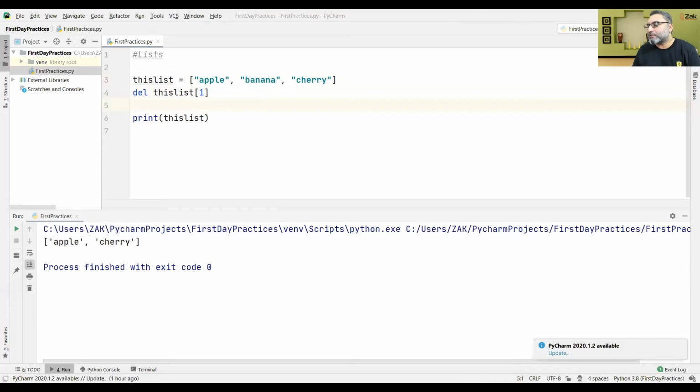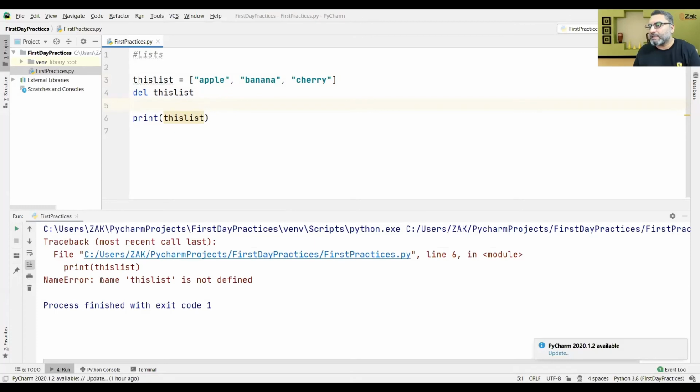If you want to delete the entire list, then you do not need to put this index, the whole list will be gone. That is why we do not actually use delete much. See what error it gave, NameError: the name this list is not defined. Why is it not defined? Because it is deleted. So this delete can delete several things. Whatever you give to it will be removed from the memory. So that is why we hardly use the index unless it is the requirement. We try to use the word or the item value to remove. Anyways,